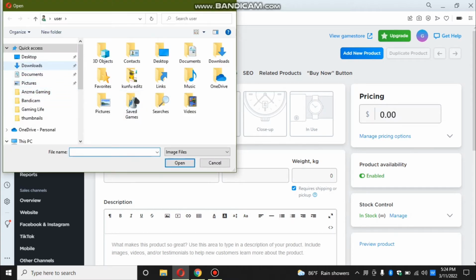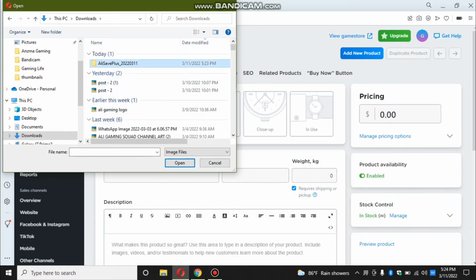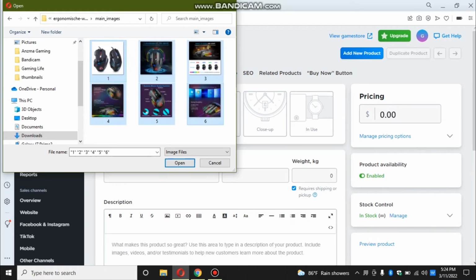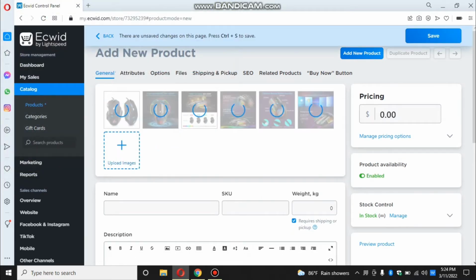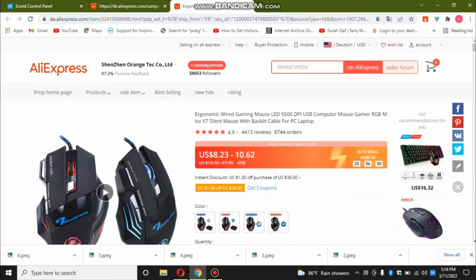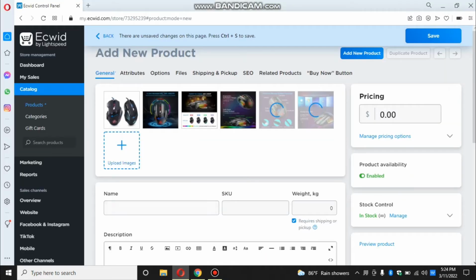and you can go to your folder, Downloads, which I downloaded now. Open the AliSave Plus folder and here are the main images. You can select all these and click open, so the images will be simply uploaded. Okay, now we are going to name this. You can name it more descriptively, but for this purpose I'm going to name it ergonomic